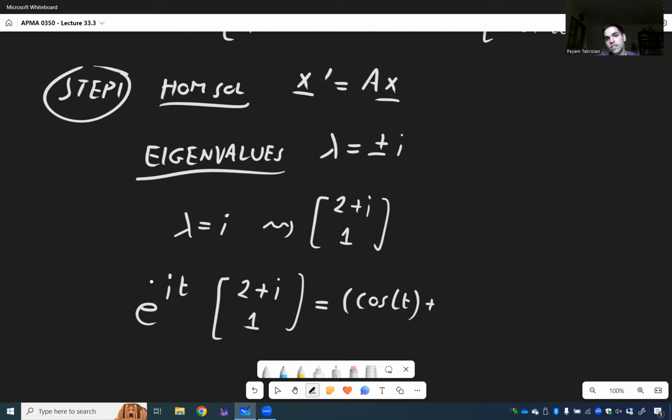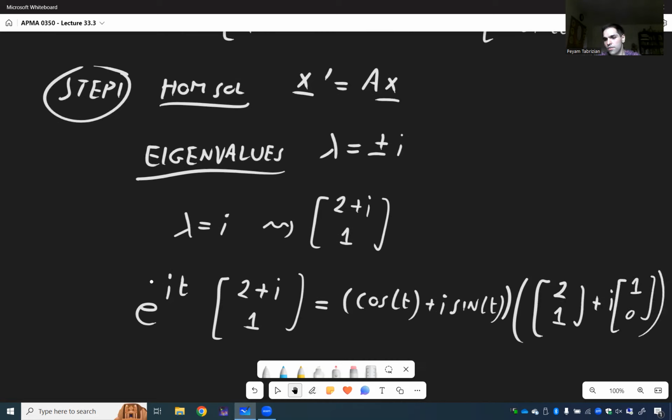So cosine of t plus i sine of t times [2, 1] plus i [1, 0]. And again, you want to